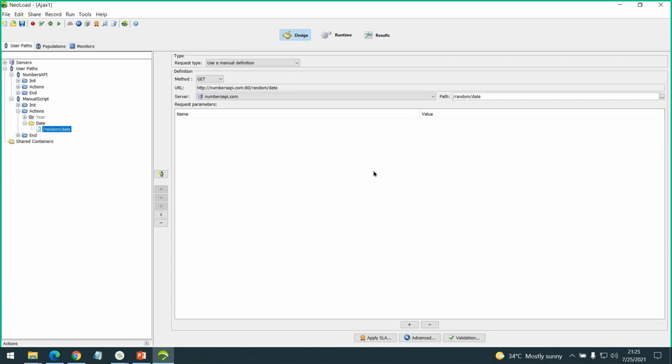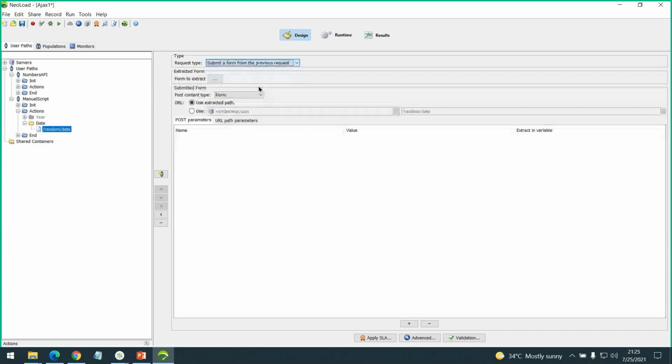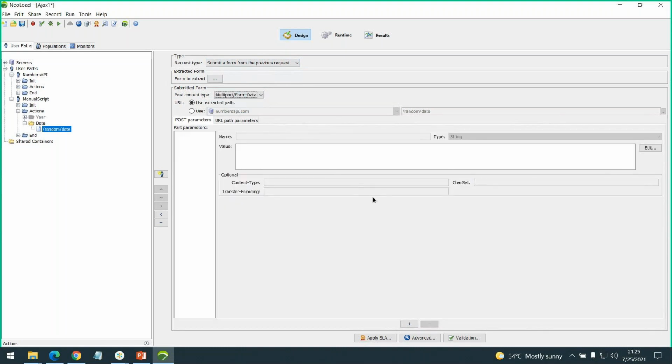Okay, Naveen. In JMeter we have that multi-part form action, right? So do we need any separate plugin here? That's why I asked this question. To upload a file, we need no separate plugin. For example, I'm just simply showing this. We can just go to this form and change this to a multi-part form, right? Once we change this, whatever the parameters or the content that we are looking for can be created